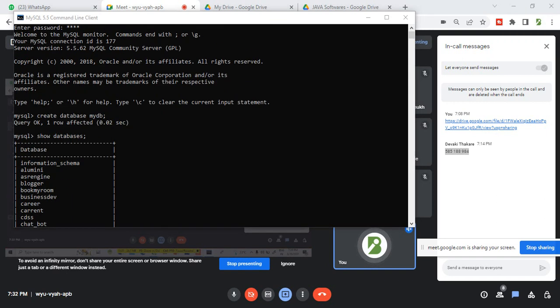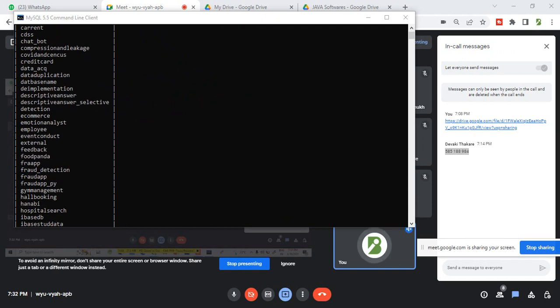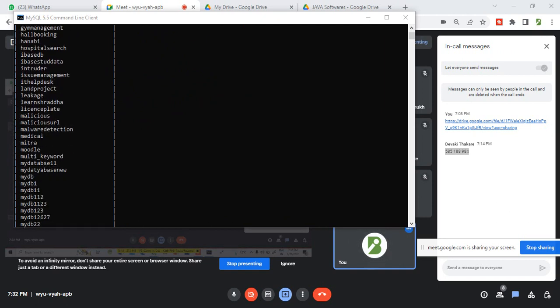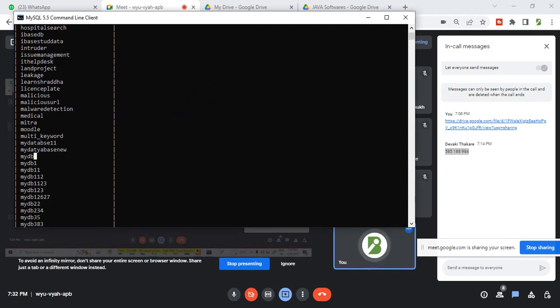Go guys, बहुत सारे databases, so that it will giving me the very big list of databases. So what to do? What to check here? Here we have to check about MyDB is present into this list or not. Okay, so see, MyDB is present over here. So it means that database is created. Am I clear, guys? Yes, sir.